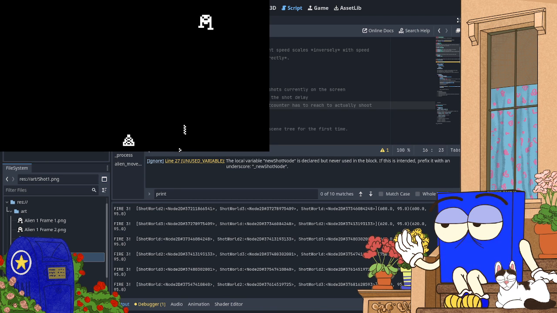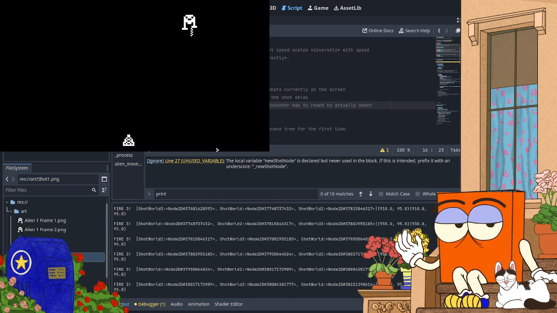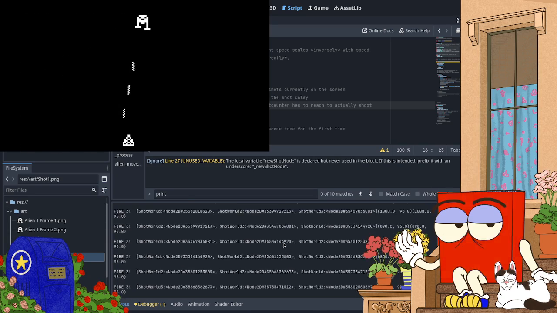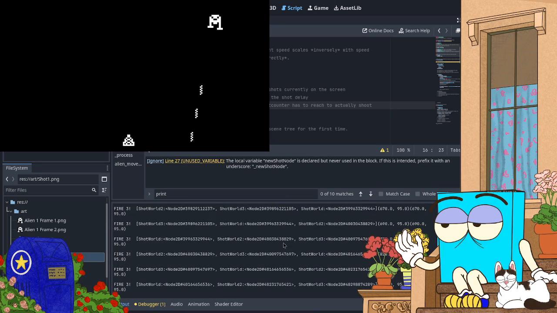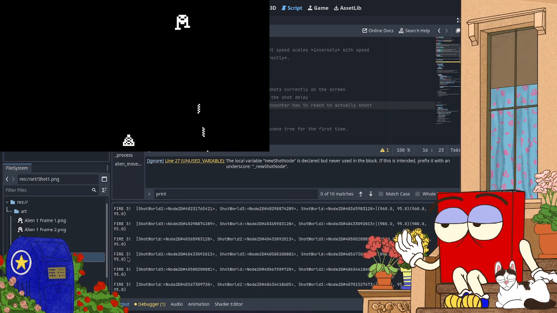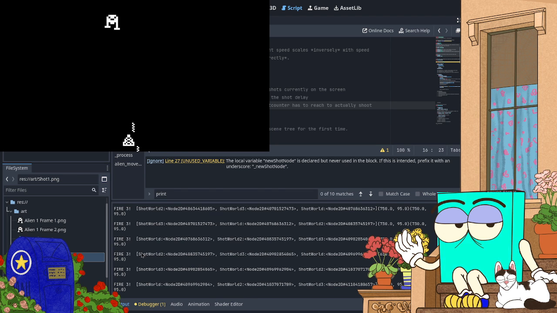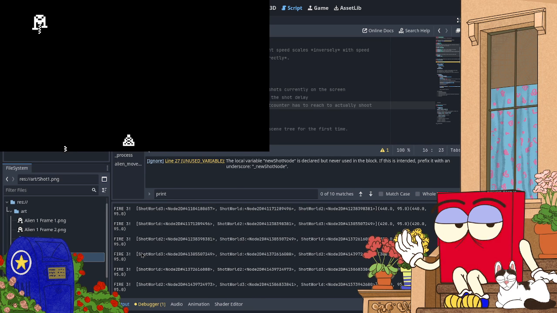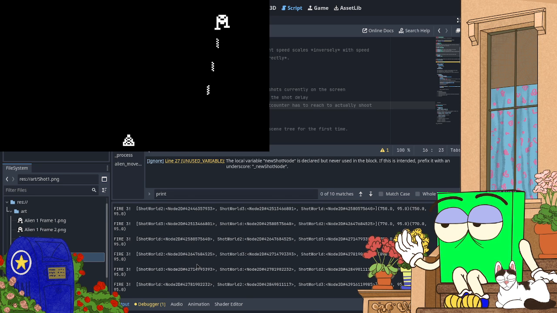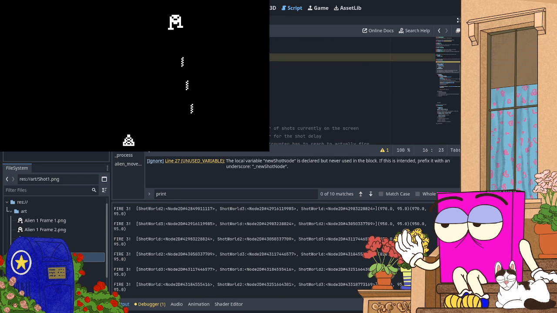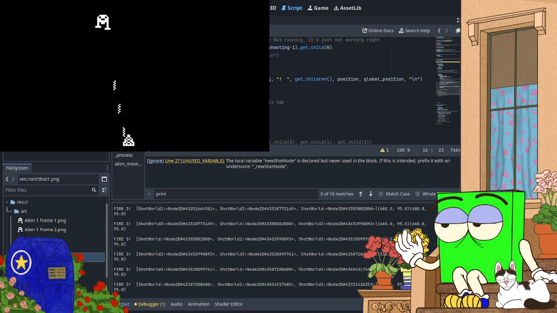I have to say, though, notice in the debug it's calling them all Fire 3. Which is interesting. Because the number in that is the value of shooting.